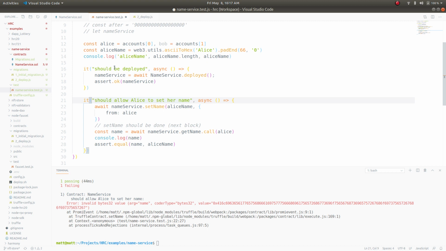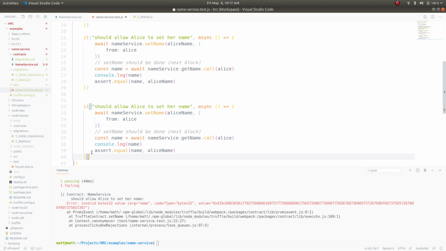So now we basically should allow Alice to set her name. I'm going to copy that, and I'm going to put a new test down here. Should allow anyone, doesn't really matter, to find Alice's address by name. So we are going to get the owner, and we're going to pass in